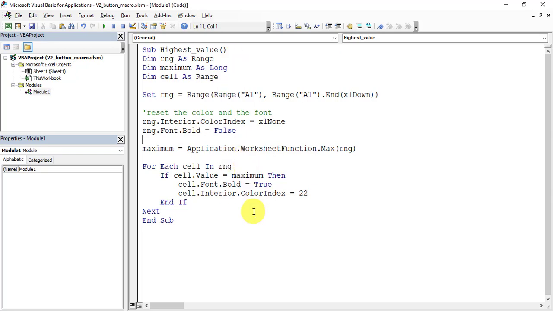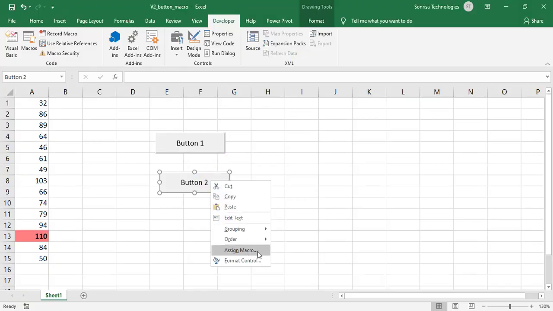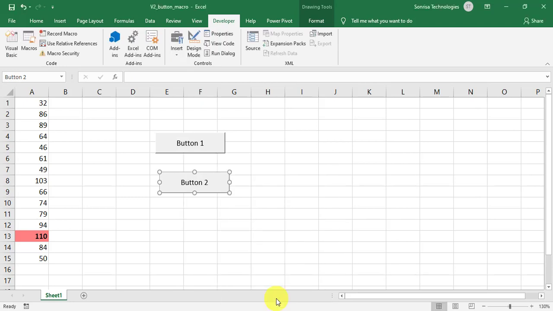So you can link the button and the macro by right clicking on the button and clicking on the Assign Macro option. Now, as you know the macro which has to be linked, select it from the list and click on OK. Now this has created a link between this button and the macro which is already written in the VBE.